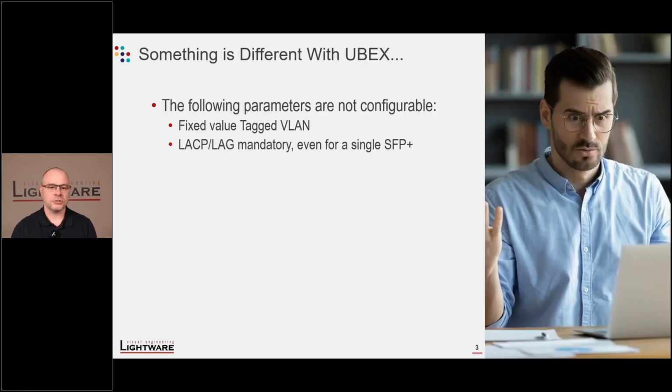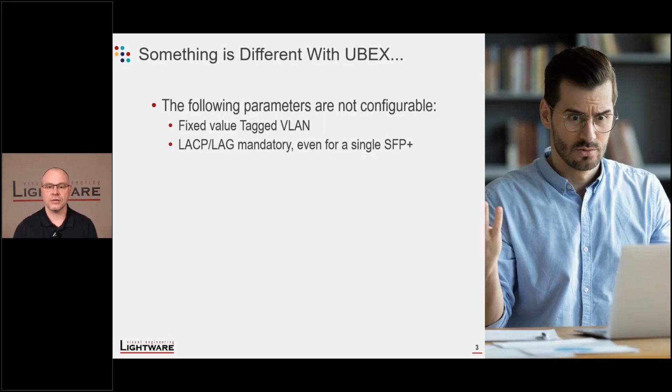Now, of course, in the previous part, I mentioned that there is something different. When we showed you a nice way to analyze communication in the Wings product portfolio, we used Wireshark and Excel to import data and show a nice pivot table. And I mentioned that UBEX is going to be a completely different story. One of the completely different things is some of the technical features that we decided to make mandatory or fixed in the configuration. One of them is that we use a tagged VLAN, and the other